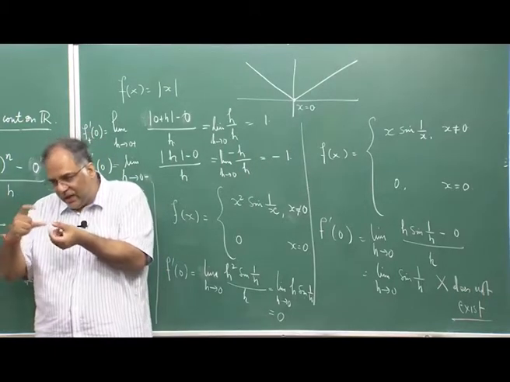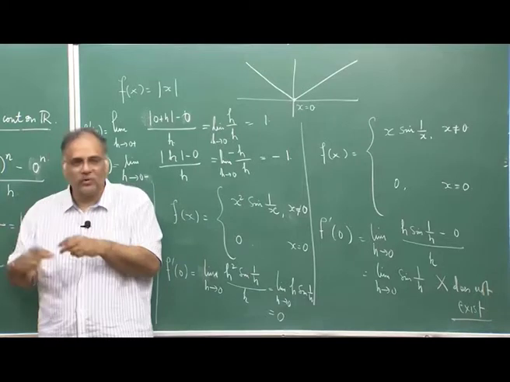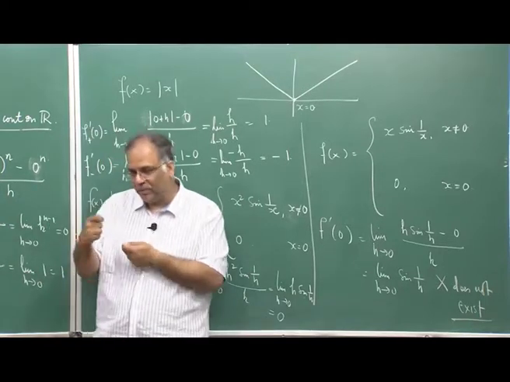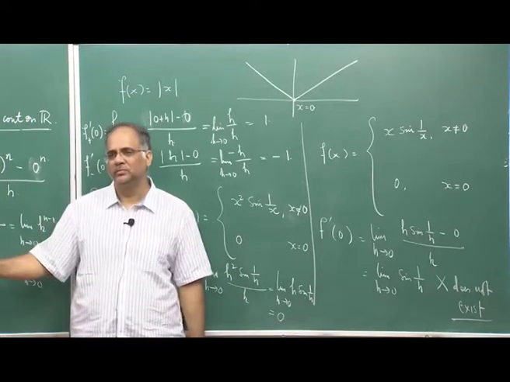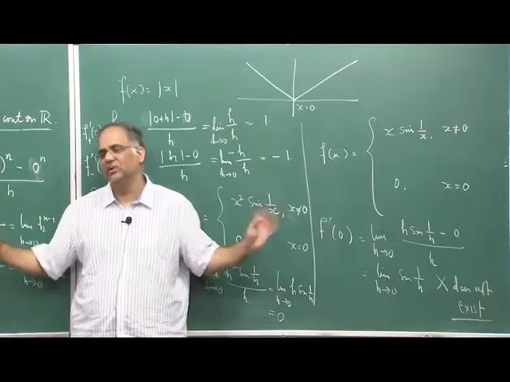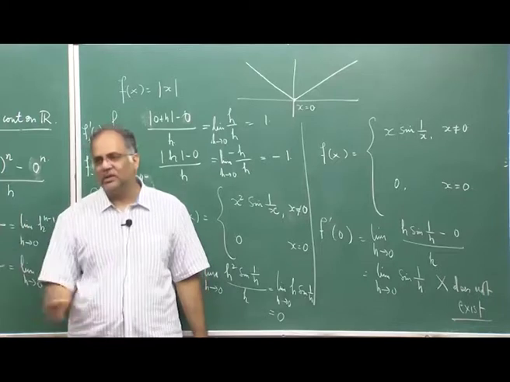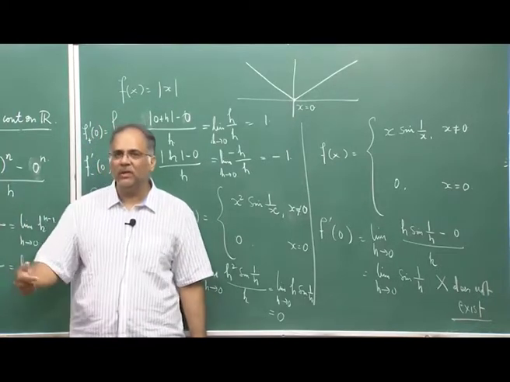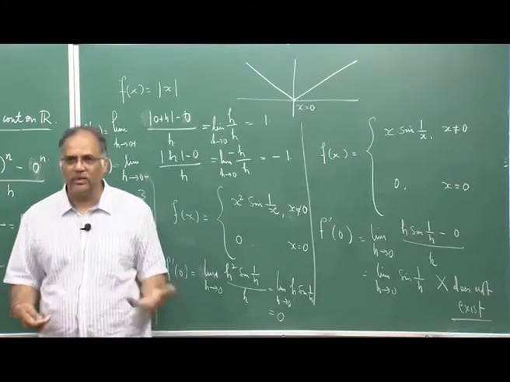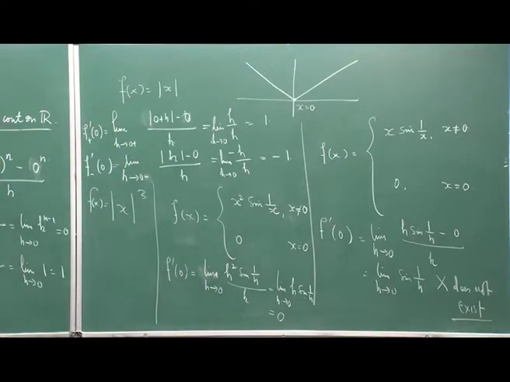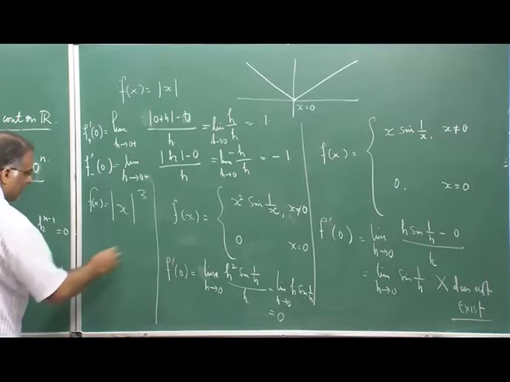Because here I have a fixed range, suppose I am taking any number between 1 and minus 1, but my h becomes so near 0, say from the positive side only. It does not matter whatever value I take, the product will finally become smaller and smaller. Another way of looking at it is, if you want to find this limit,